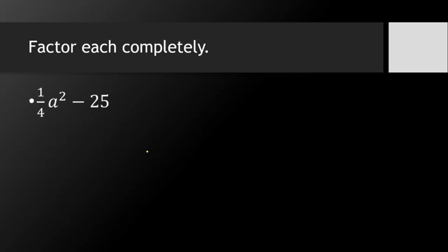Now, what if we have a coefficient that is in fraction form? What do we do? Let's see the process. Once again, we will apply the same 3 steps that we have applied for the first 3 examples. The first step, once again, is to get the square root of the first term, 1/4 a squared. Now for the fraction, do not worry. Obtaining the square root is very easy. Let me write here to show you how to do it. To get the square root of this, you just get the square root of the numerator, which, for 1, we have 1, and then for the denominator.